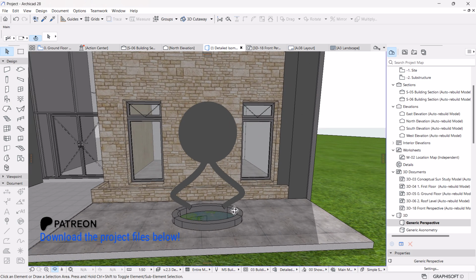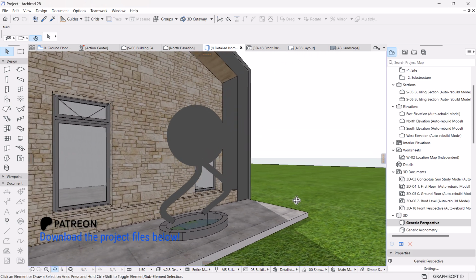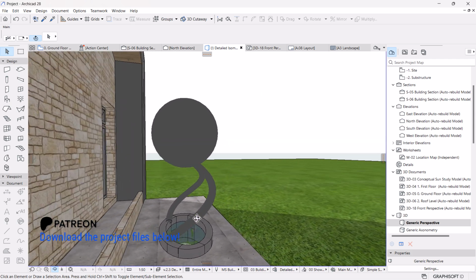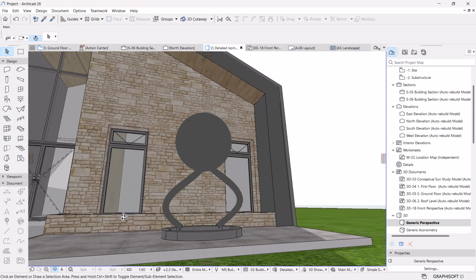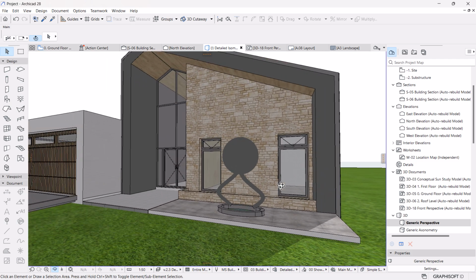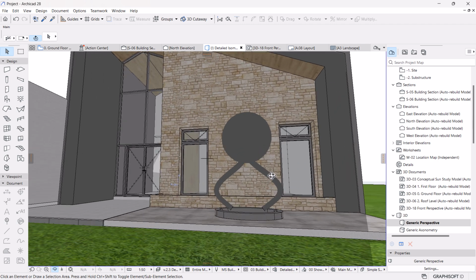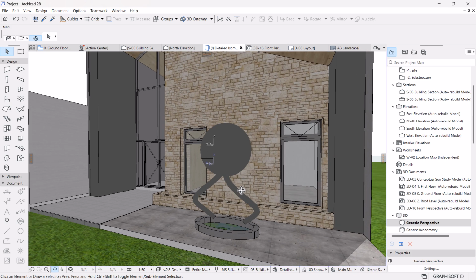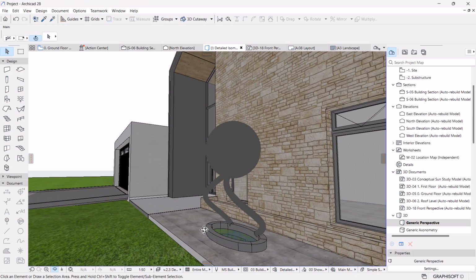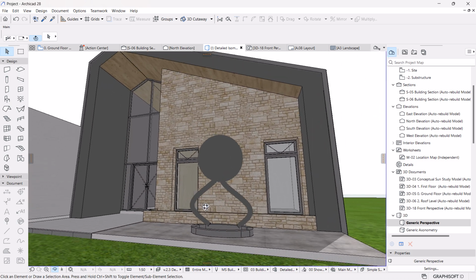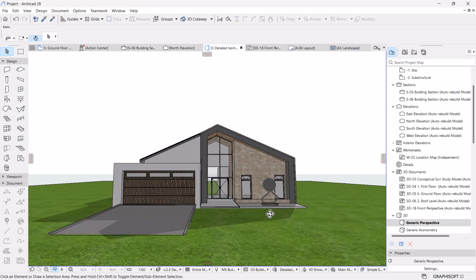So this is what I think looks nice. It's really interesting. So there's so much you can do with this 3D shape. I recommend you to try it out and play around with combining different shapes and tweaking their settings a little bit in order for you to create something